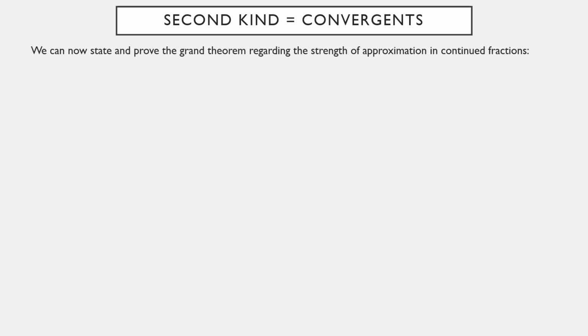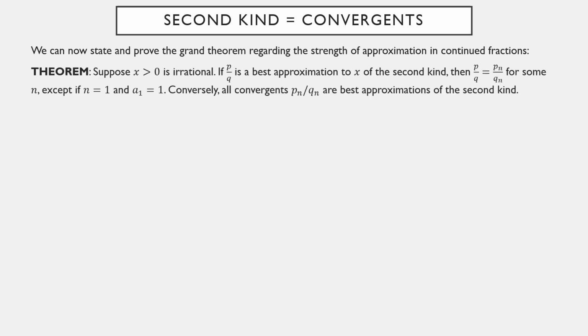Okay. This puts us in a position to state and prove the grand introductory theorem regarding the strength of approximations in continued fractions, which is: suppose x is a positive irrational number. If p over q is a best approximation of the second kind, then p over q must be one of the convergents of x, except possibly if n equals 1 and a1 equals 1,